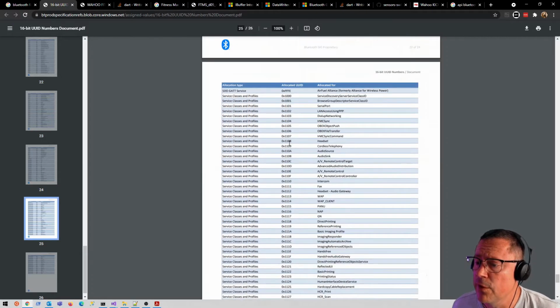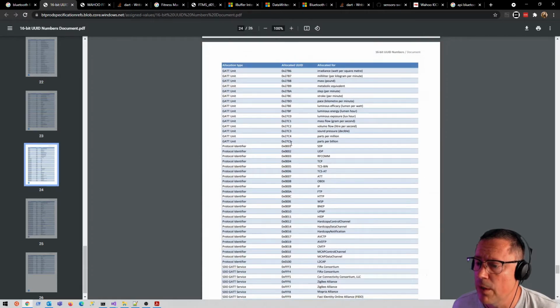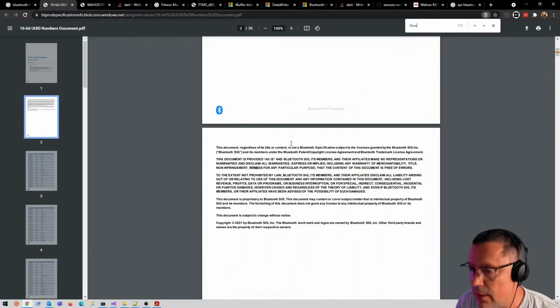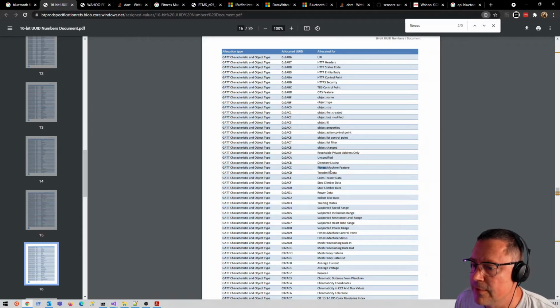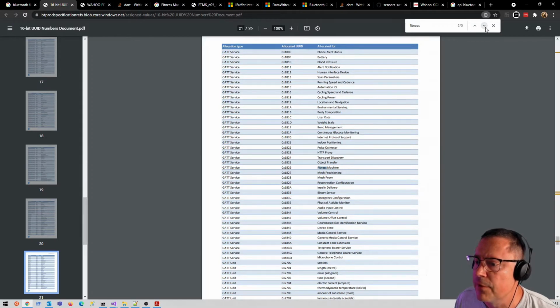And it is so for the fitness profile or the fitness machine as well. So if we do a fitness machine, let's just see what we get for fitness. There's a fitness machine feature. That's one of them that we want. There's fitness machine control point, and there's fitness machine status. So there's quite a lot of different ones in terms of a Gatt service. It's this